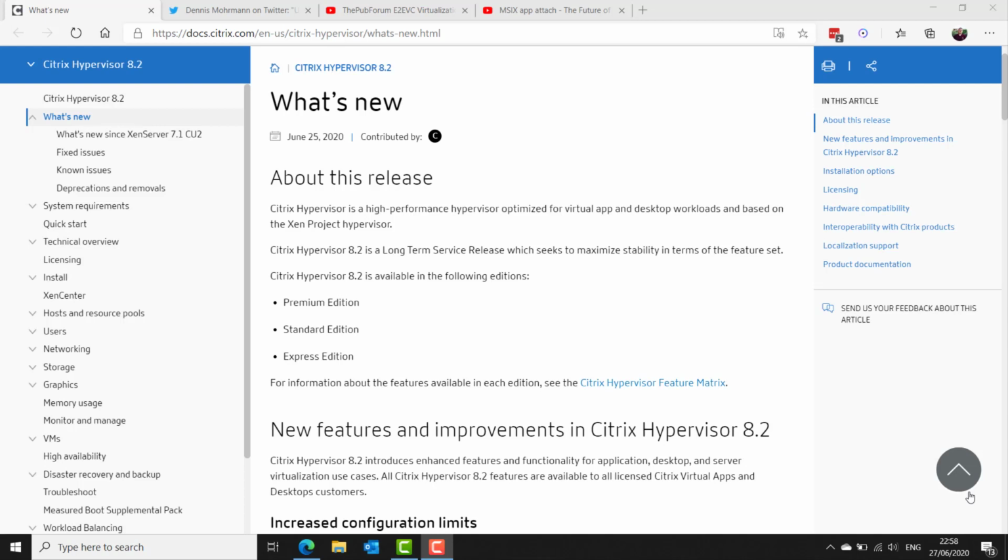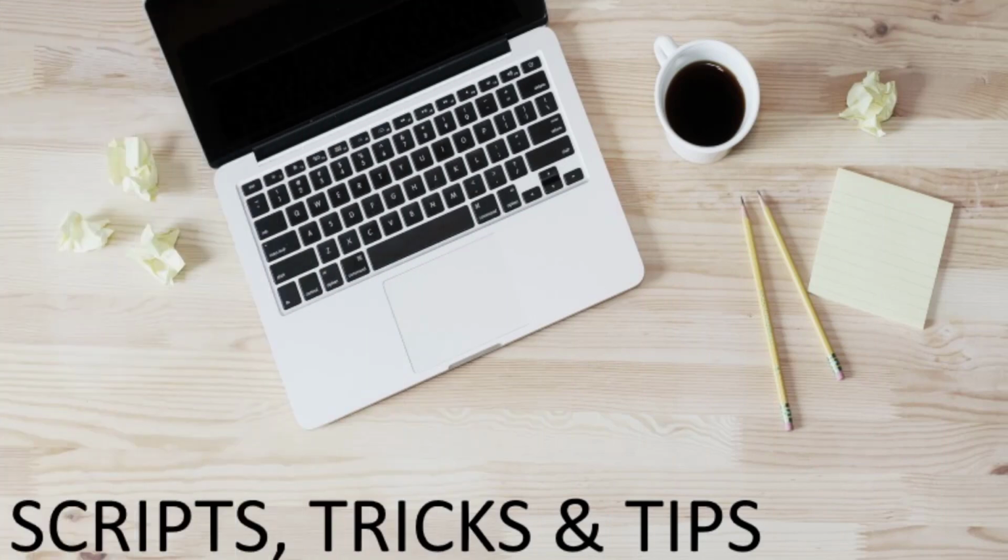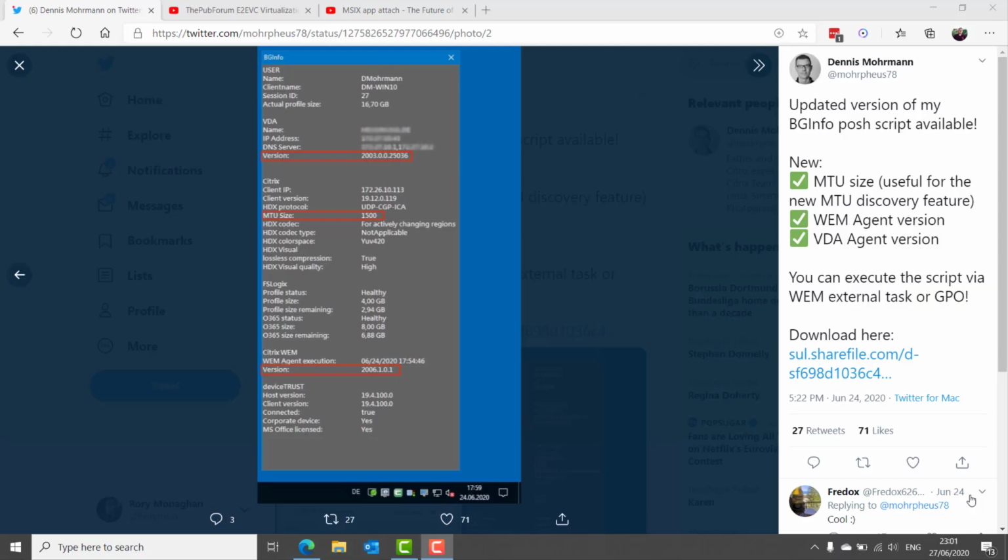And now this episode's scripts, tricks, and tips. Morpheus78 on Twitter shared an update to his excellent BGInfo PowerShell script. I actually featured this on a previous episode of the podcast, so just wanted to give a quick shout out that there's an update out there.